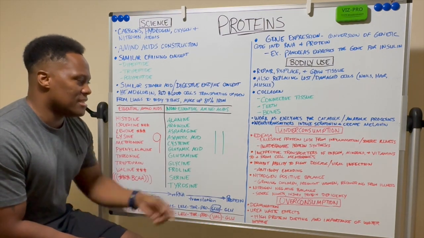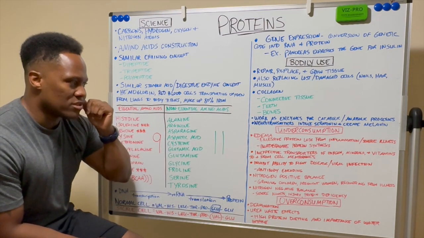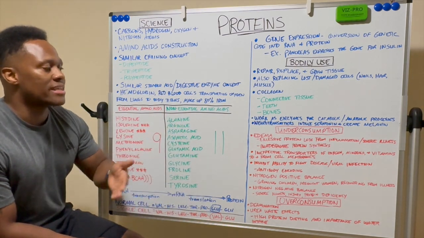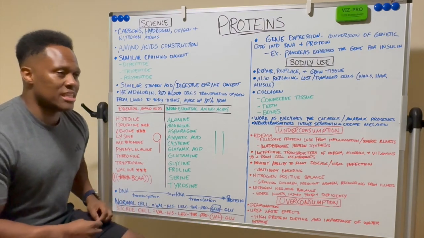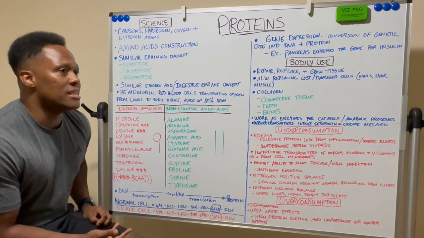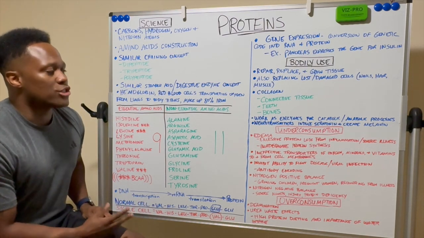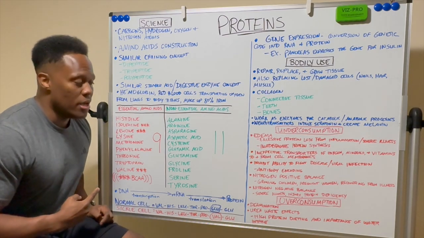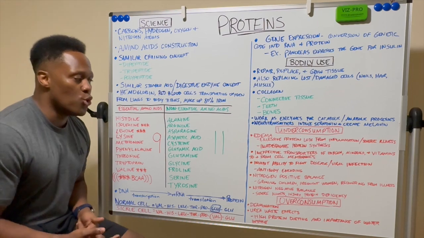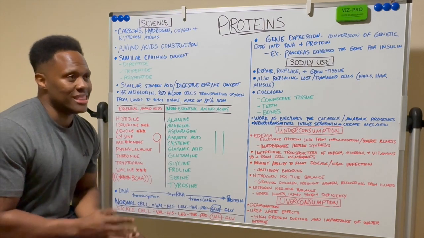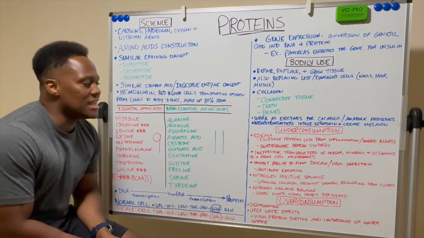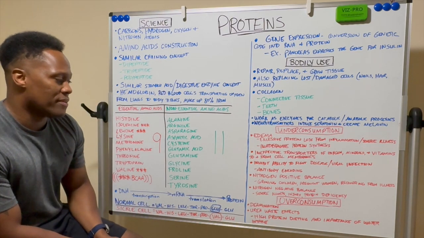Your body's going to be unable to do that effectively, which actually leads me into the next bullet here where it says ineffective transporters of oxygen. That's what can happen when you underconsume. The proteins become ineffective transporters because one of the protein's jobs, one of their responsibilities as a macronutrient, is to transport oxygen, minerals, and vitamins to and from the cell membranes. So, of course, if you underconsume, you start rendering that process ineffective. It can also inhibit your ability to fight diseases and viral infections.